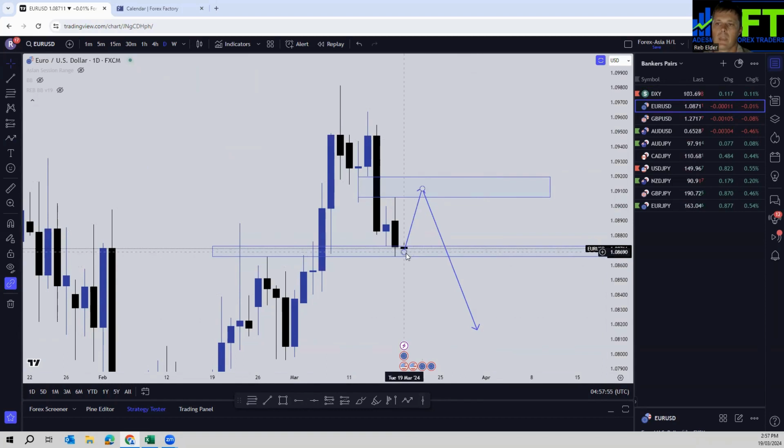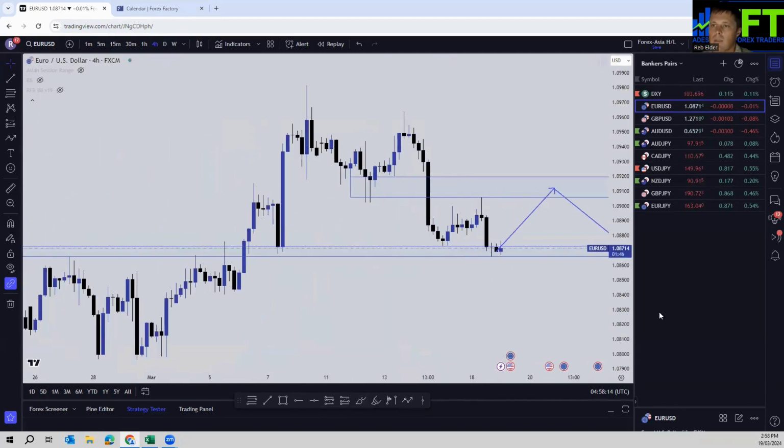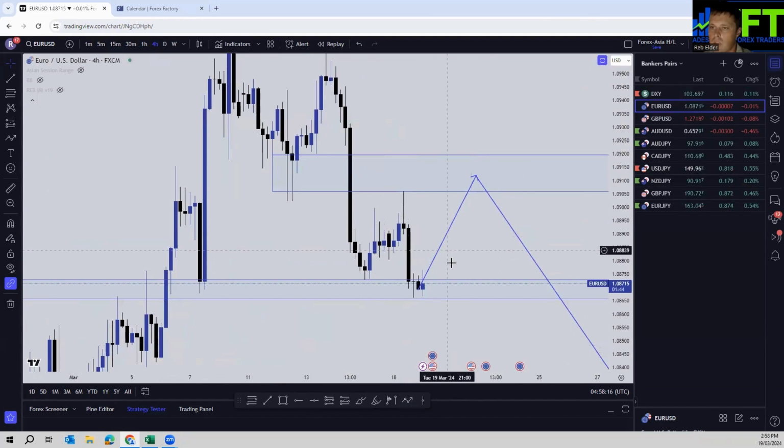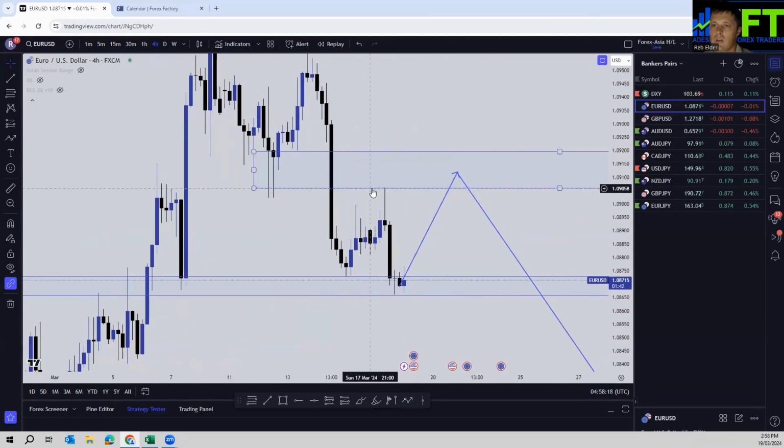So at this point in time, I would suspect we see this weekly area hold and possibly just start, the price action will probably just start setting up, and nothing tremendous will happen until we get the news on Thursday. So down to the 4-hour chart, basically at the moment we are still bearish,